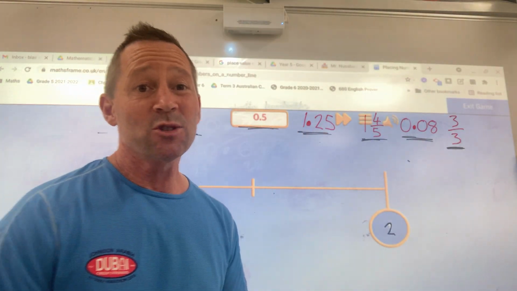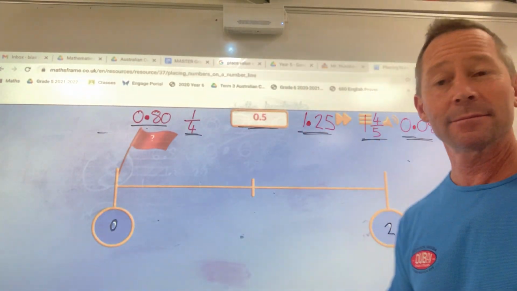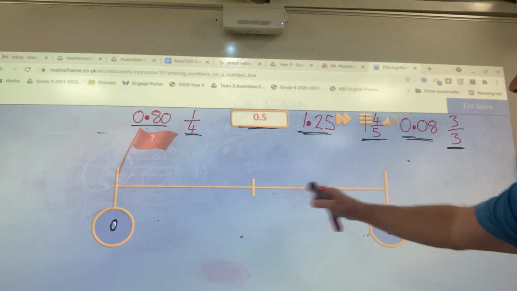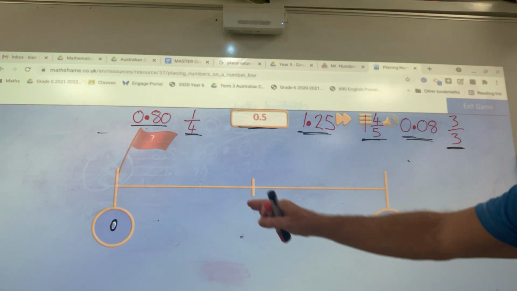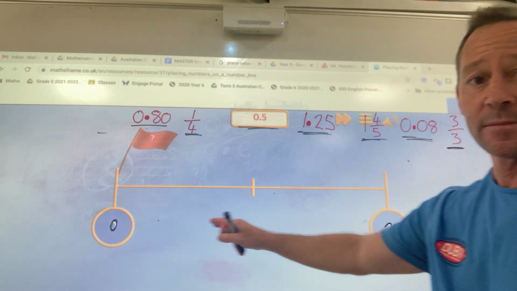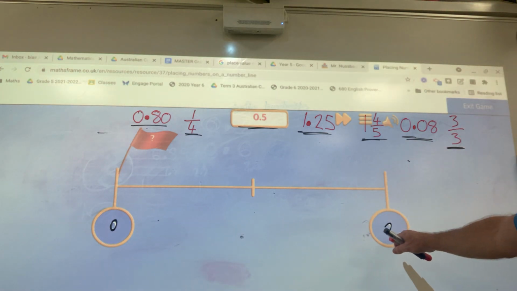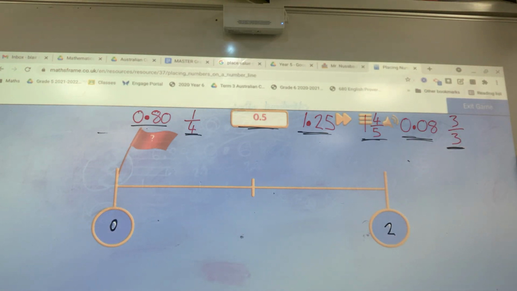All right, sometimes your teachers can be really mean. I have a number line here, and I can see it starts at 0, and the biggest number I can see it goes up to is 2. Now I've been given